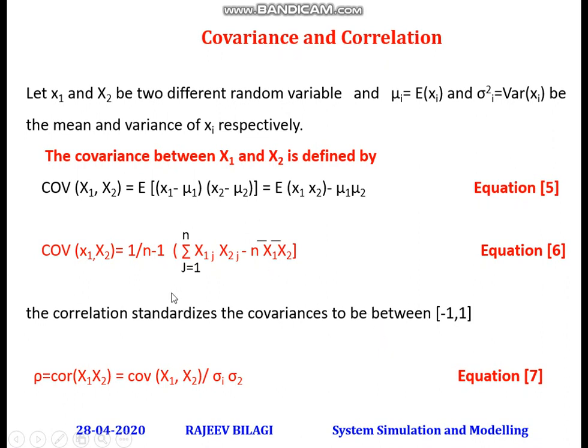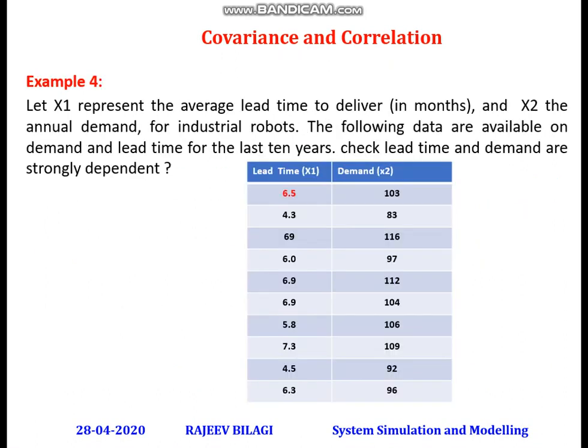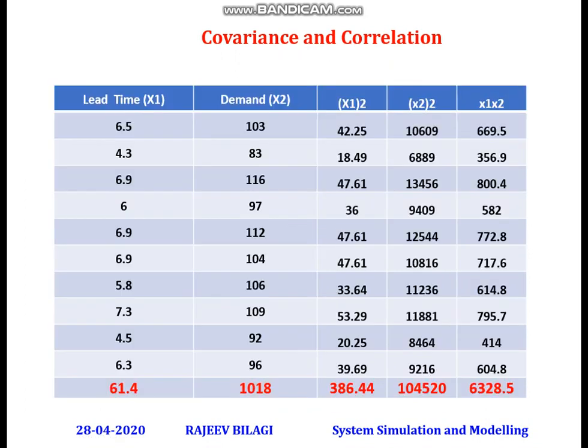Now one simple problem. I am going to choose two different variables, and you need to find out whether these two variables are related or not. Let x1 and x2 be two different variables which talk about lead time. These are all the values given for x1, and x2 is another one. These variables are randomly given, which indicates that they are not grouped.